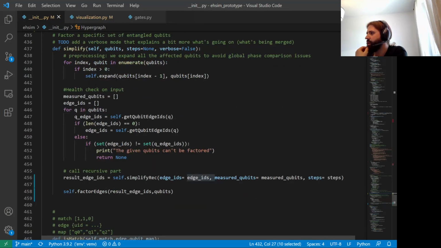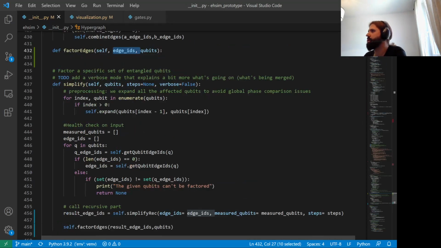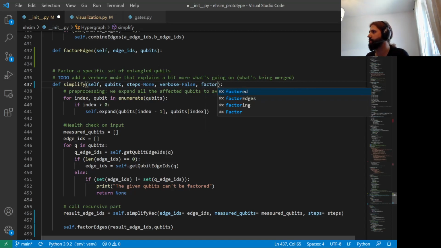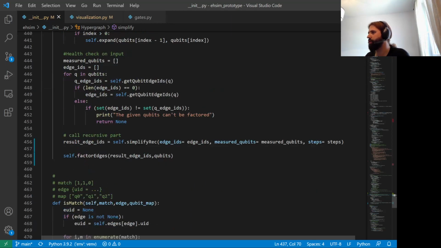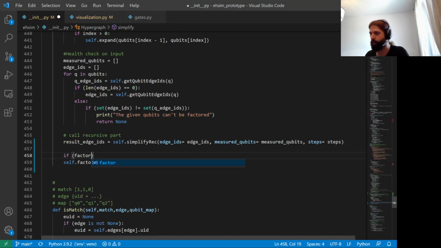Simplifying can leave you in a weird state, where you have, for example, just one edge, and that's something you don't want to have. Maybe that would be steps, verbose, and then at the end, an option that's enabled by default: factor, and I would just say if factor,